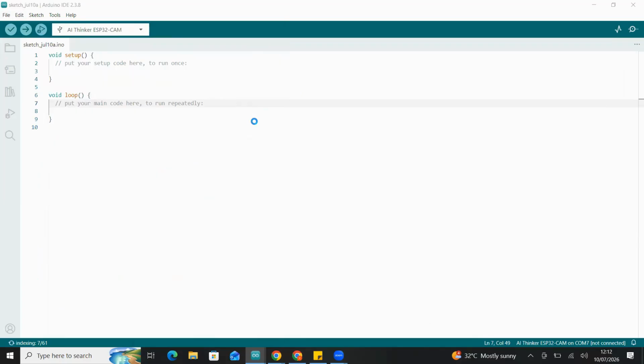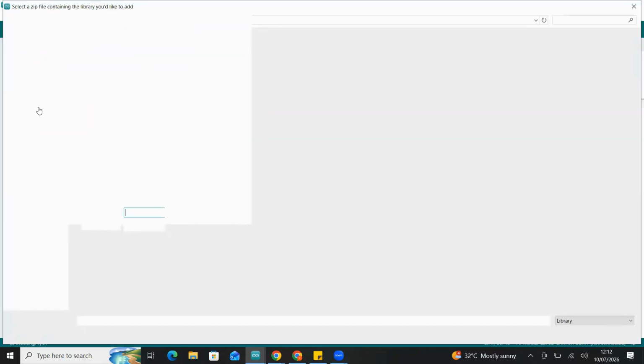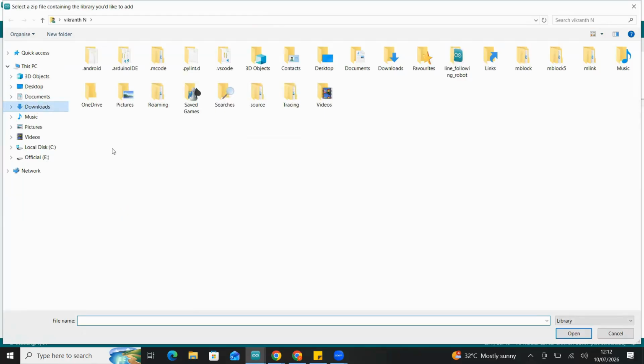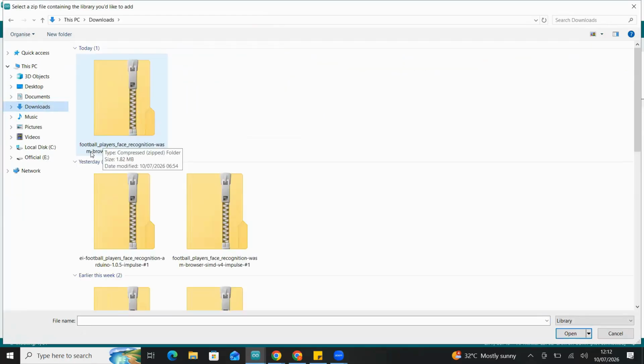It will take you to the zip files that you want to install. I need to locate the downloads, from which we have the recently downloaded file, that is the football players face recognition